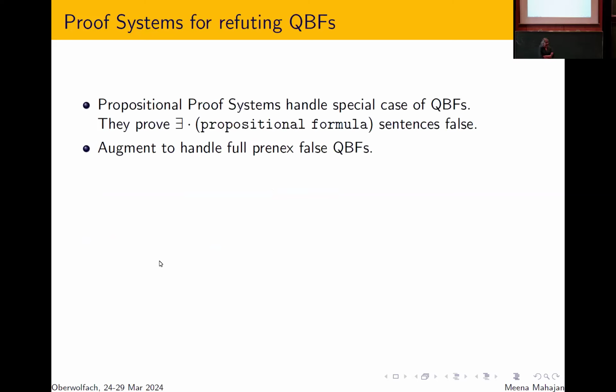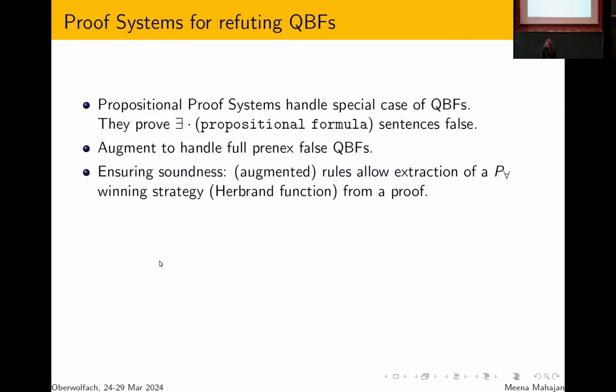Okay, so how would we design proof systems which meet these criteria? Start with a propositional proof system which can handle existential quantifiers and then try to add more rules so that they can also handle the universal quantifiers. So this is one way to start, and this is how almost all the systems that I know of work. How would you ensure soundness? If you're trying to add on to a propositional system by adding new rules, you would want to ensure soundness by saying that, whatever rules you allow, once you have a refutation from that, you should be able to extract a counter model.